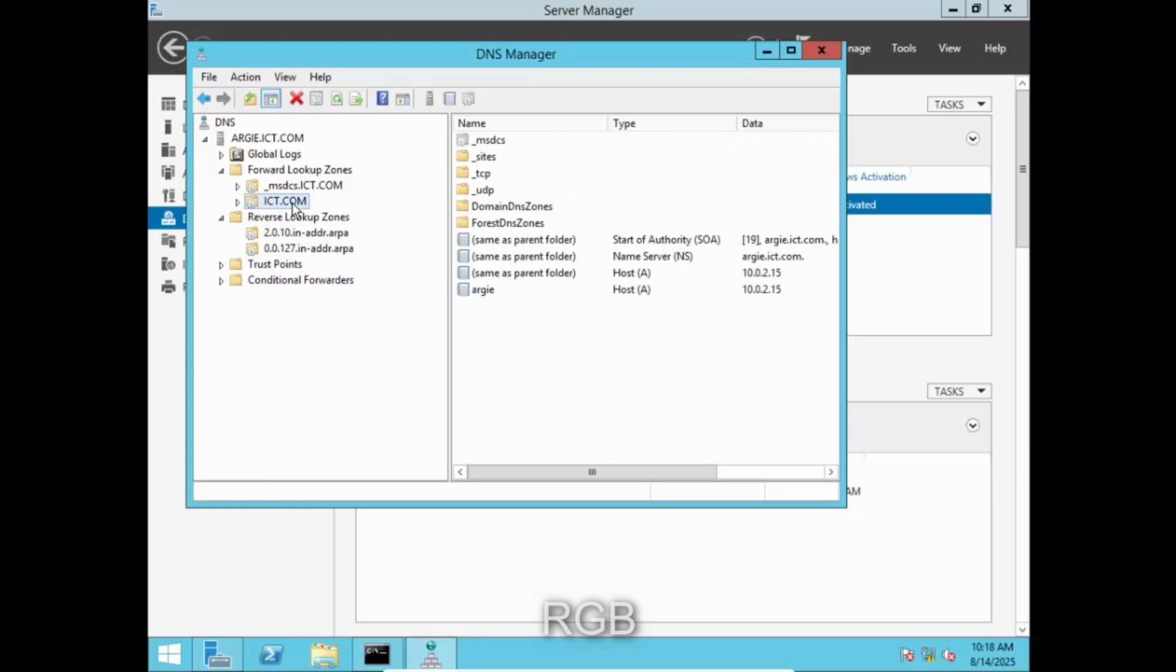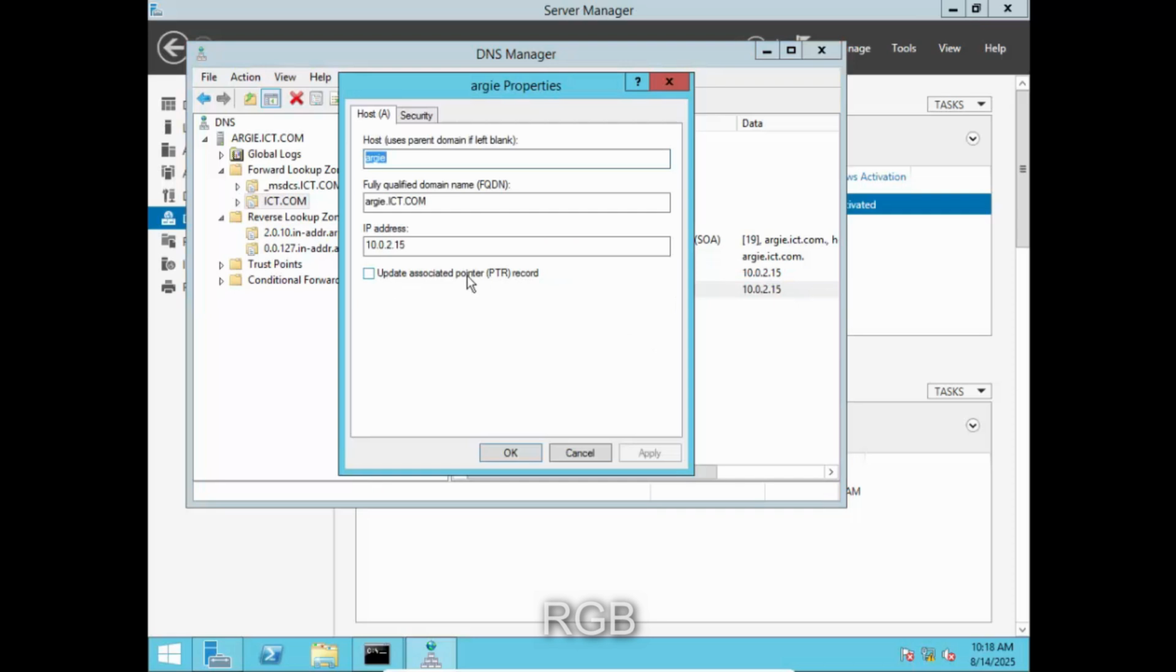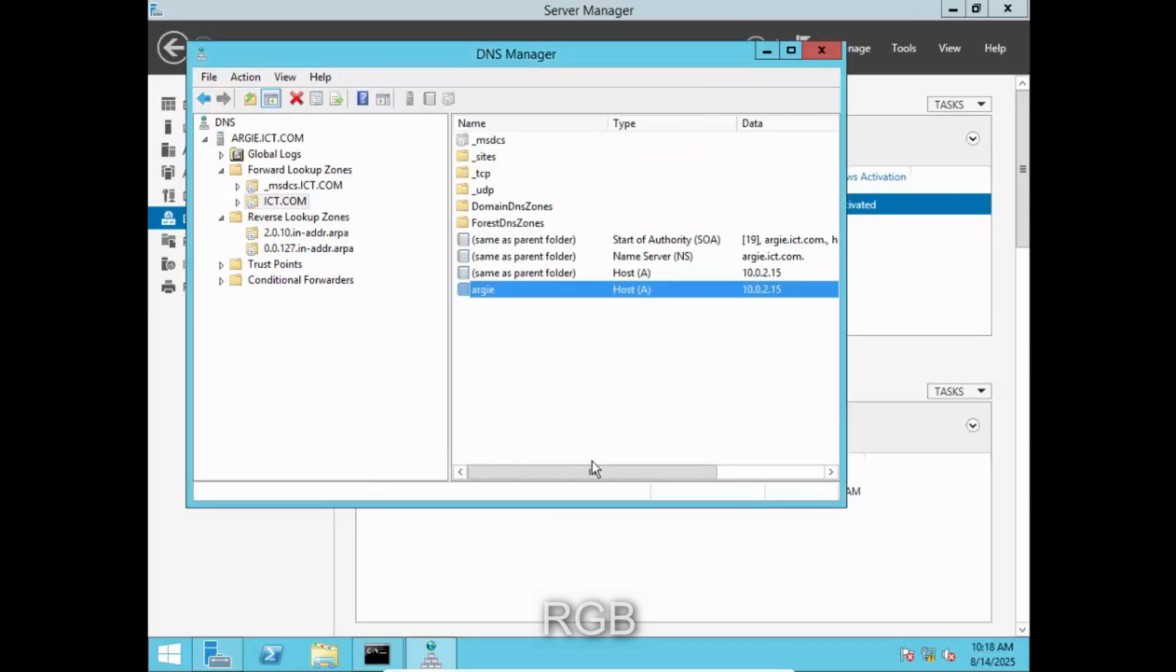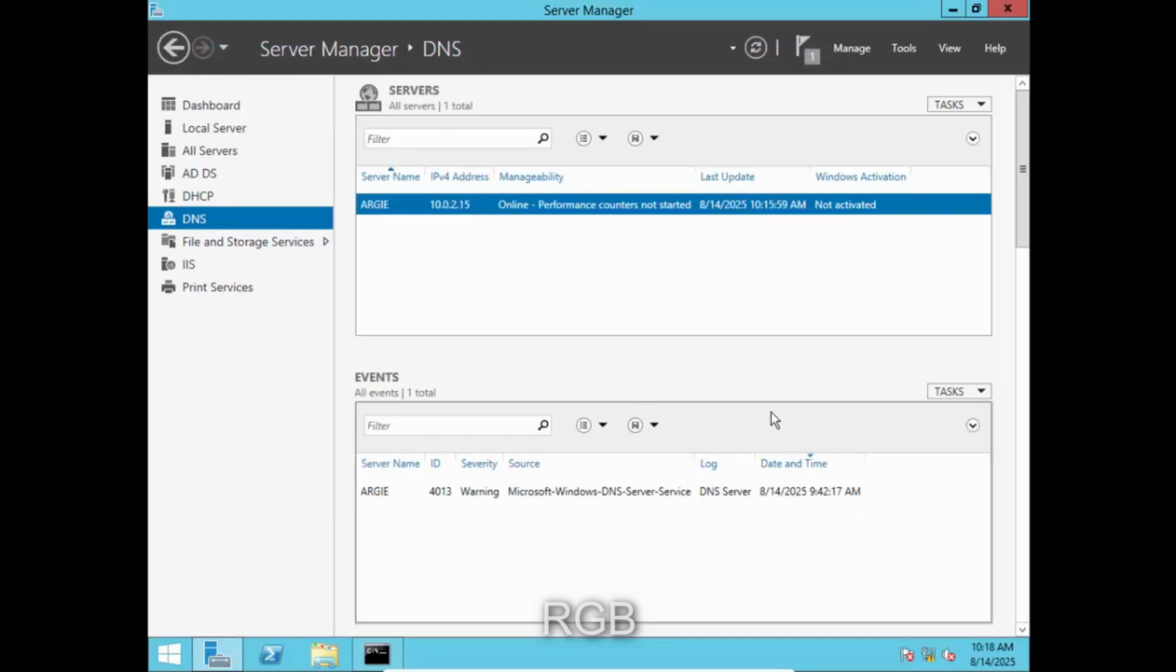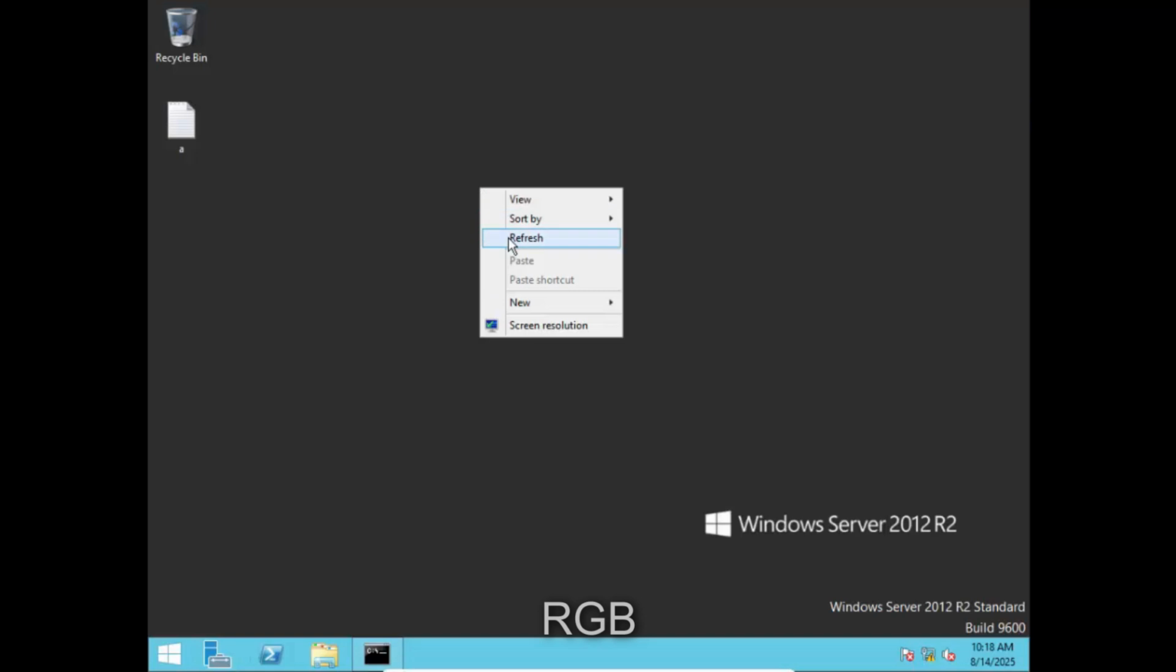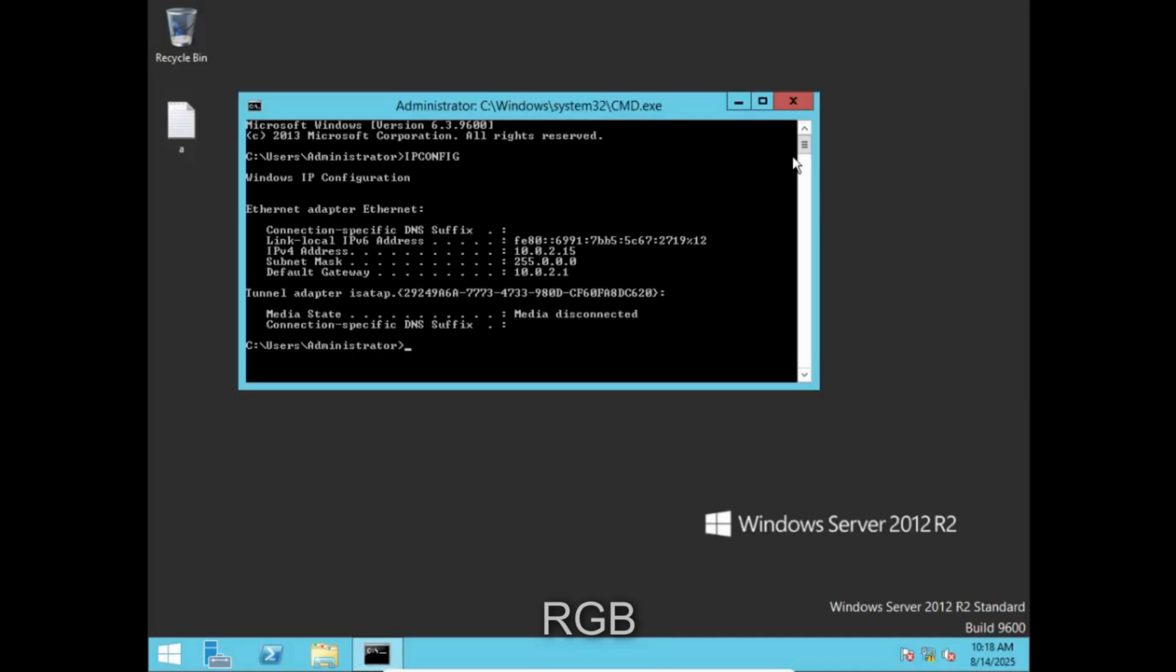Okay, so go back to your forward, select your domain, right click your server name, click properties, then update pointer or PTR. So you should have this static, your last notepad, click close, then close. So refresh the computer, open CMD,